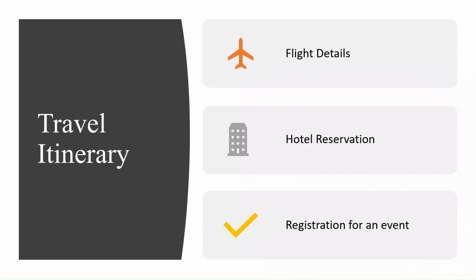So these are your verbal answers. If you have anything to prove it, if you have any documentation for it, that will make your case strong. So if you have a travel itinerary, what does it show? It shows that you have a plan. You have a plan that you want to travel to USA, and you have dates in mind, you have the places in mind that you're going to visit. So your travel itinerary is basically your flight details, your hotel reservation if any, and if you have registered for an event, if you are going to attend something,